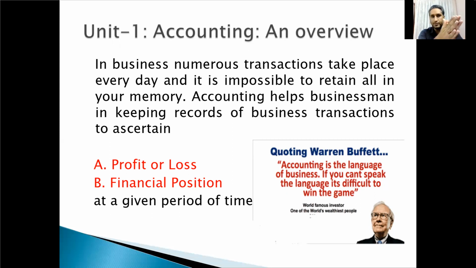It is very difficult to retain each and every transaction in human memory. That's why we require some system. And that particular system is known as accounting. Accounting helps to maintain the records and it helps the businessman to keep the records for a long period of time. Now the electronic devices are available and it's not a big job. You people can easily get all the information. Hard drives are available, memory disks are available. So accounting is about